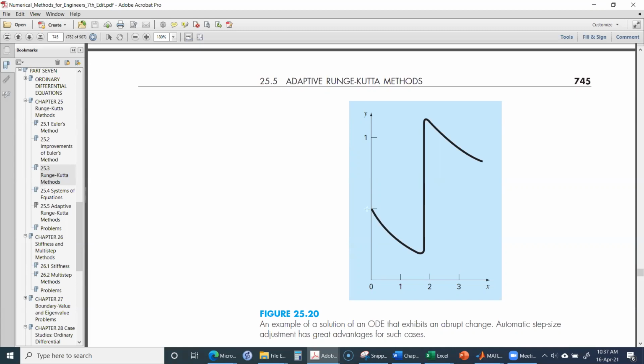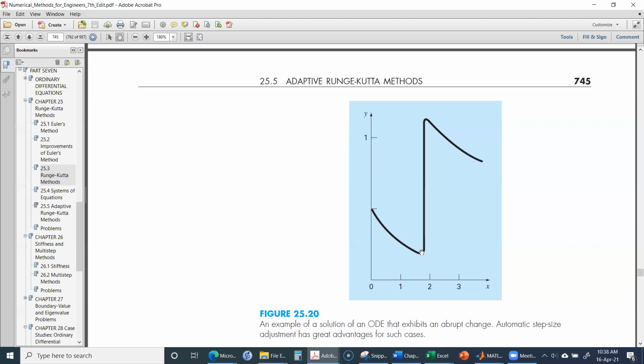For a function where the value is changing smoothly, the step size which we take is suitable for that type of function. But when the function is changing rapidly, if we have some step size that is not very small,